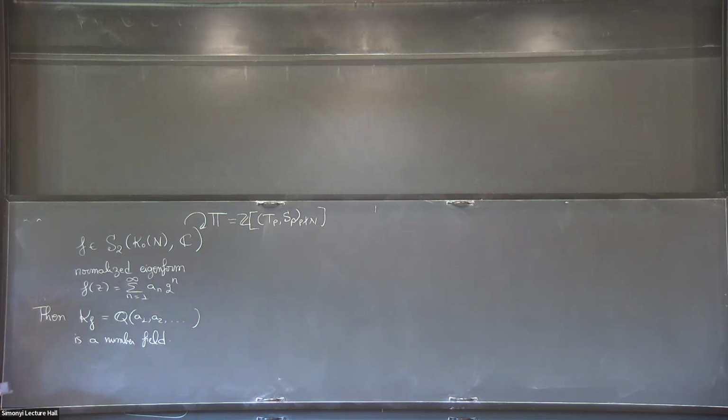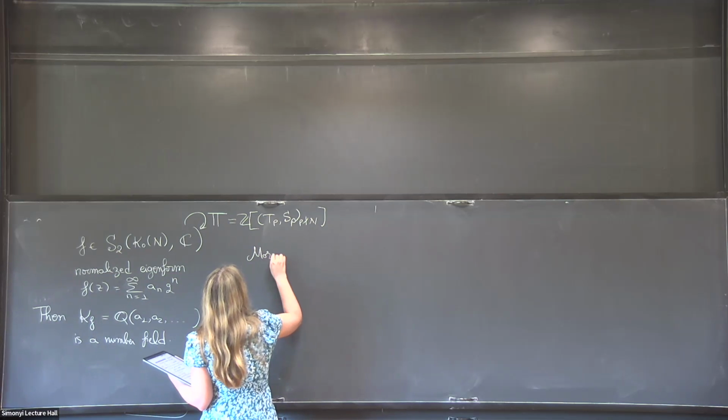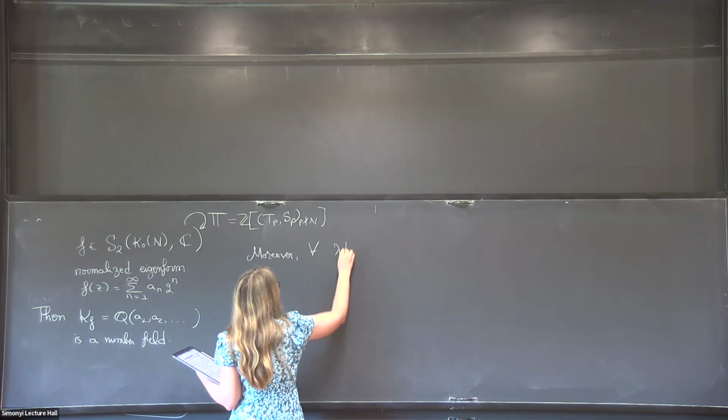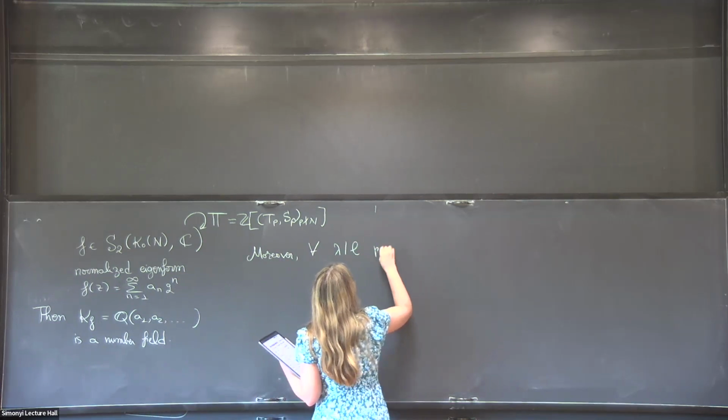That's the first claim. And then the second claim is that whenever you take a prime lambda in this number field, so this is going to divide some rational prime l,